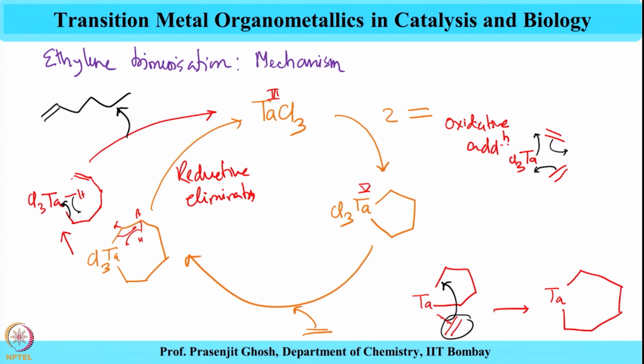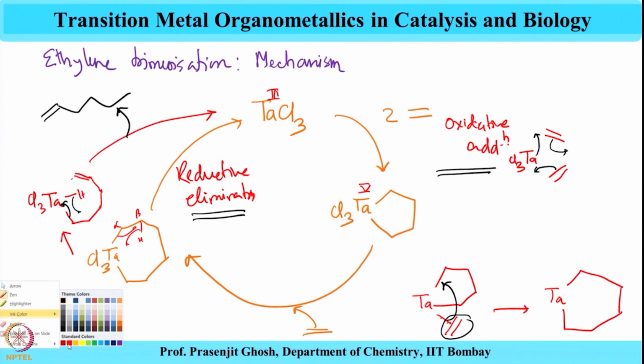So, what is happening over here, one can see that this catalytic cycle initiates with oxidative addition and then tantalum becomes 4 and then goes to reductive elimination, where again the tantalum oxidation state changes from tantalum 5